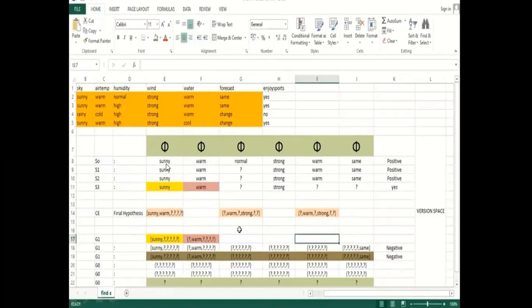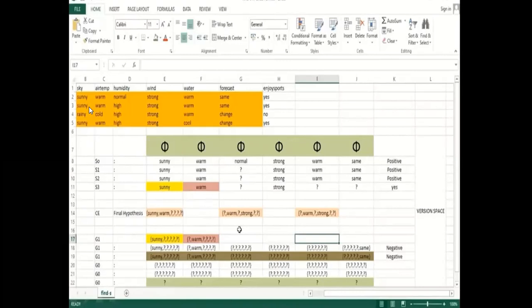You have taken the first record, sunny, warm, normal, strong, warm, same, which is positive. You cannot replace anything because it's new, and we don't have any other data that is a replica of it.